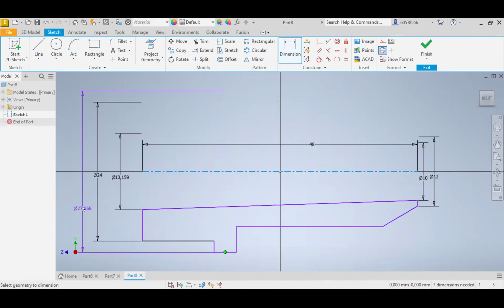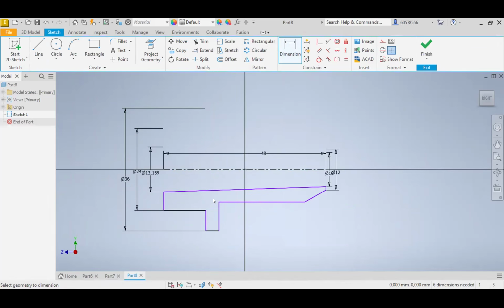And we've got this one. Make sure you select the line. The dimension there is 36. And we've got that distance of 5. We've got that distance from there to there of 38. Something like that. And now that this one is not given,